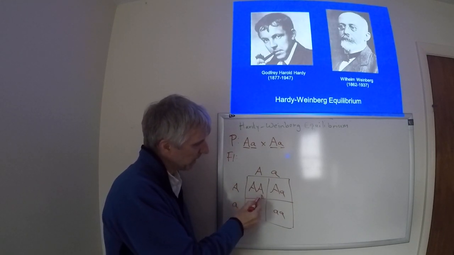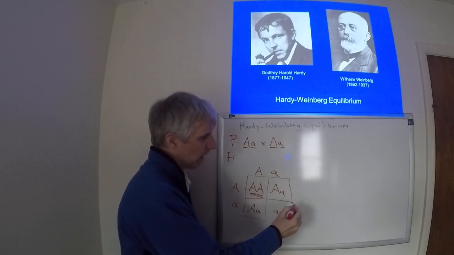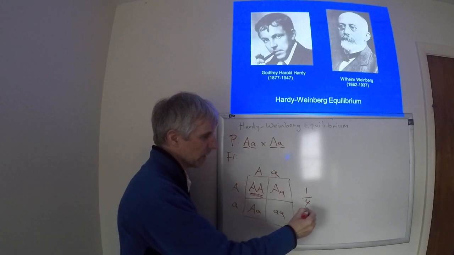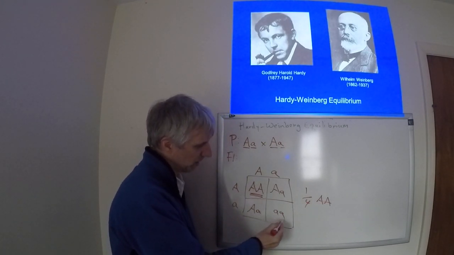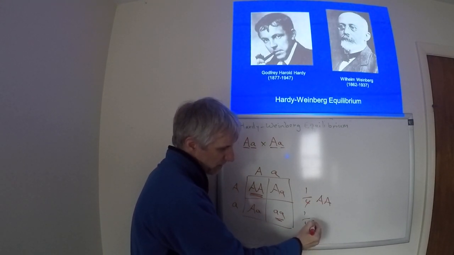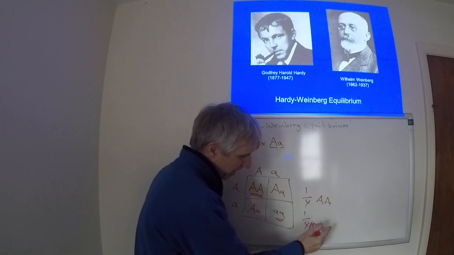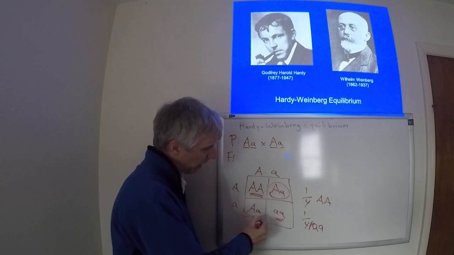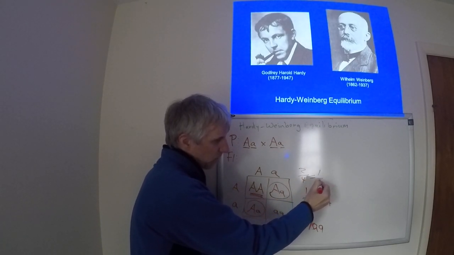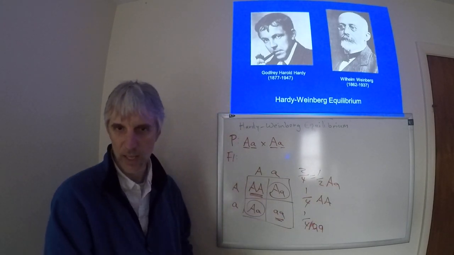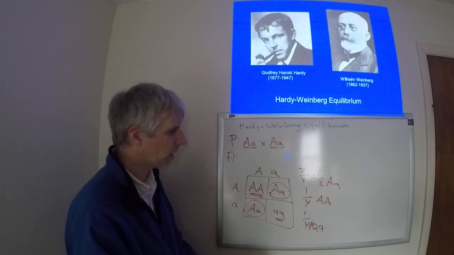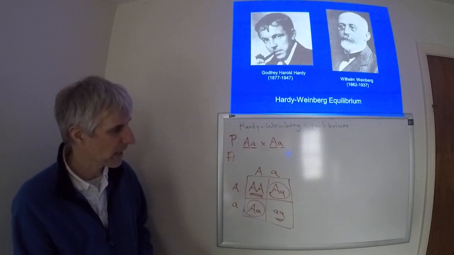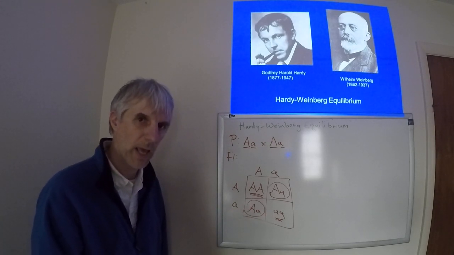After all, the big A, the homozygous dominant, is in 1 out of 4 boxes, and therefore there's a 1/4 probability of producing that genotype, 1/4 probability of producing the homozygous recessive, and 2 out of 4 boxes is equal to 1/2 probability of producing the heterozygote. So the Punnett square actually is a way to circumvent these mathematical calculations. It gives us the probabilities already.